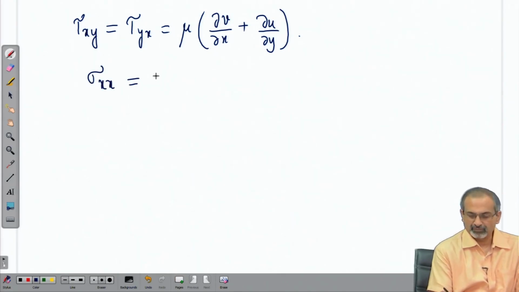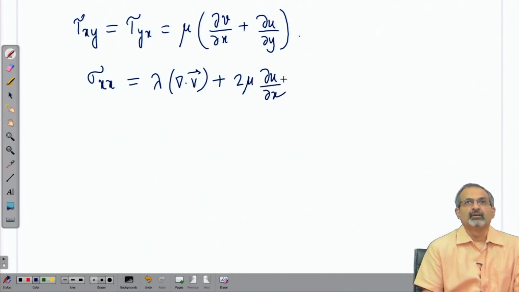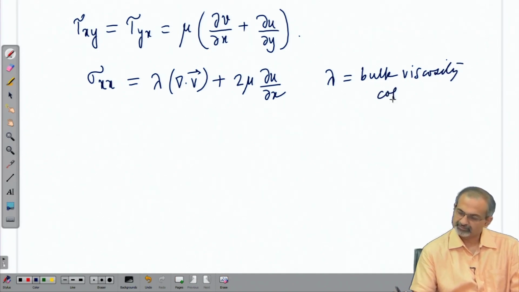Giving an example of normal stress, this is how it comes, where lambda is the bulk viscosity coefficient,